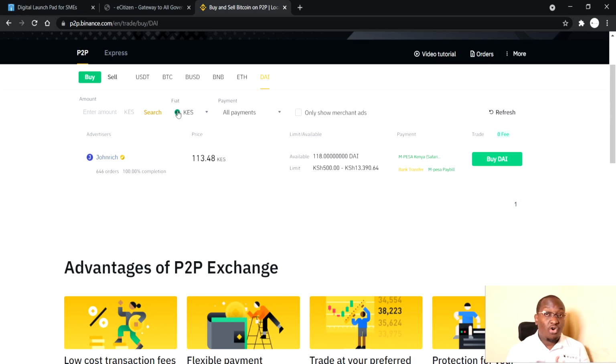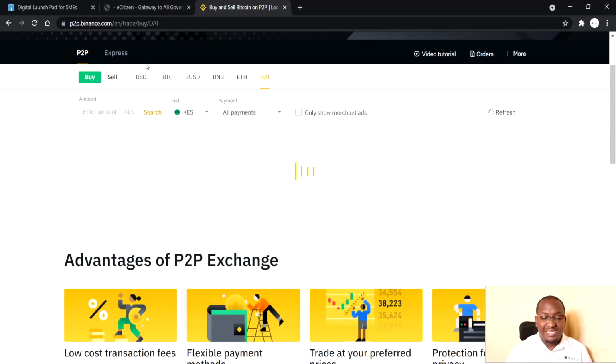So the first coin are called stable coins, and stable coins means that their value is equivalent or near equivalent to the US dollar. So that is USDT, BUSD, and DAI. So these three coins are stable coins. They will have different sale values because of competition and all that, but that is what you are able to see. Then the other two coins, of course, you can see here Bitcoin and Ethereum, and you have Binance coin. These are the top three coins that are actually here.